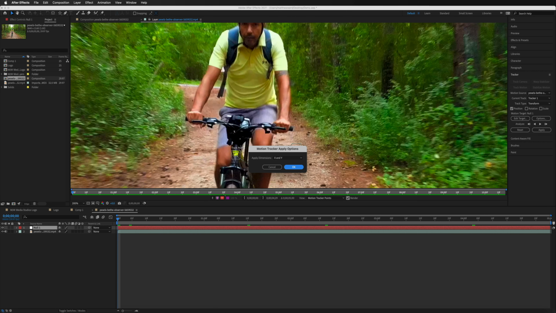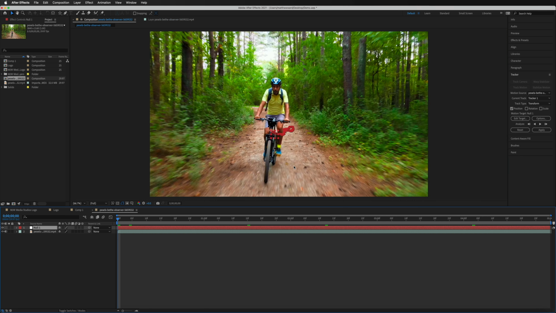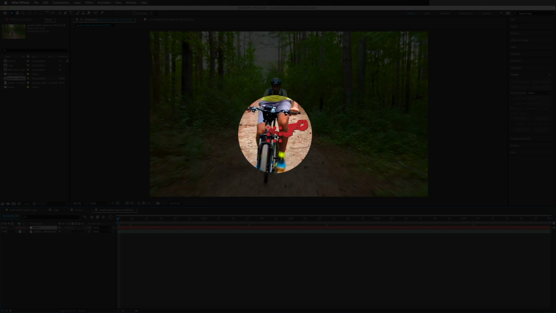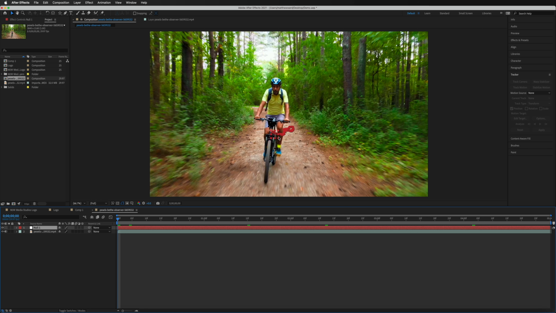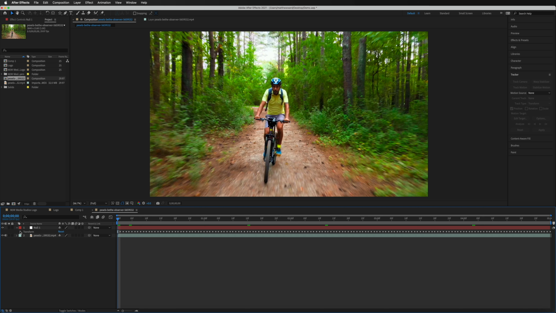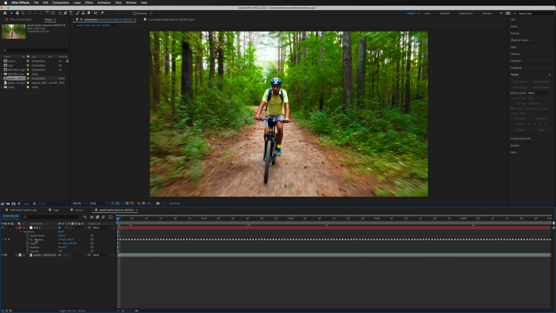And then it will ask you to apply dimensions to X and Y, which is going to be correct. So go ahead and hit OK. And now you can see all of these little red keyframes that we've got inside of here, which is going to be our path. So if we go ahead now and come back down to our layers and we open up the null object, you can now see inside of the transform in our position area, we now have all of these individual keyframes that were created for us. And these are just copying the X and Y position of the bike as it moves along. So we can go ahead and close that now.